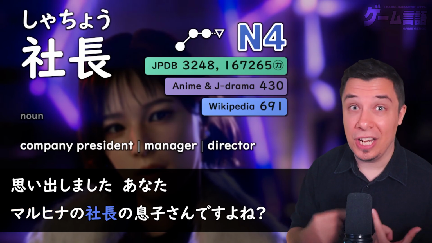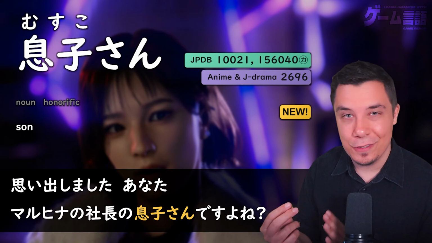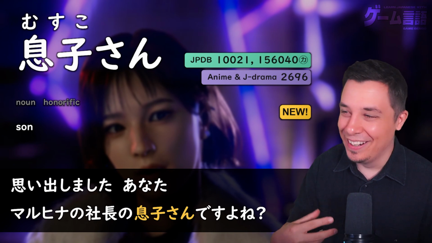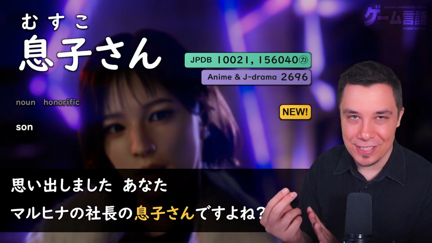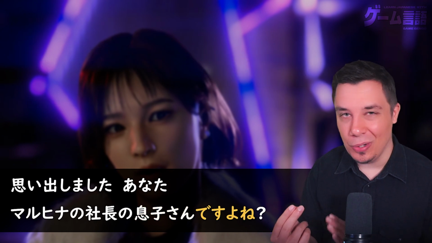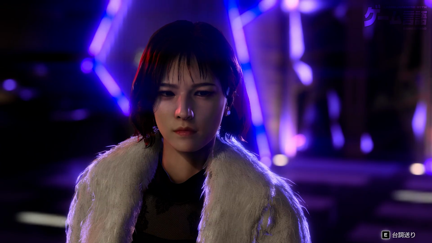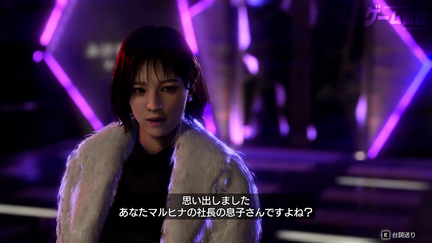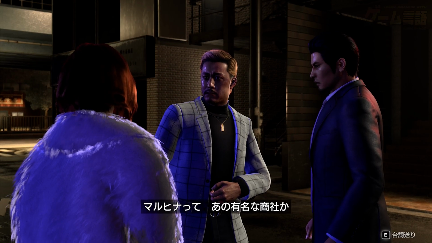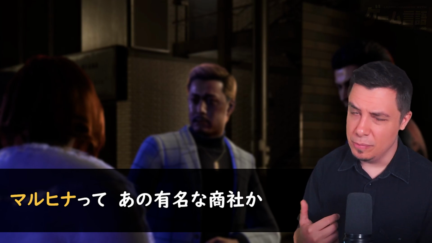And Maruhina no shacho, so the company president, Maruhina no musuko-san. Now, musuko by itself is just a word for a son, and then san, very similar sounding, a child, a boy, and then san, again, that kind of polite thing to add to someone's name. So the son of the president of Maruhina, desu yone, desu to be, yone, right? So, I remembered, you're the son of the company president of Maruhina, right? 思い出しました。あなた、マルヒナの社長の息子さんですよね。 マルヒナってあの有名な商社か。